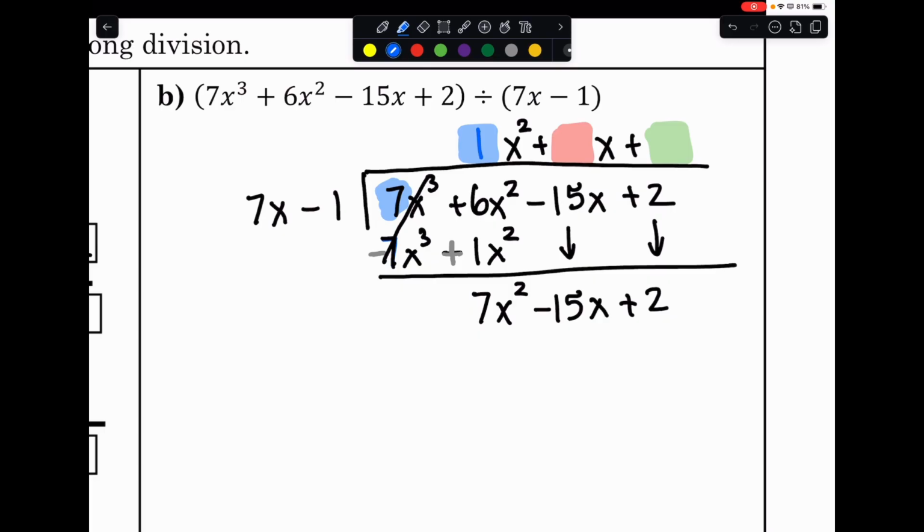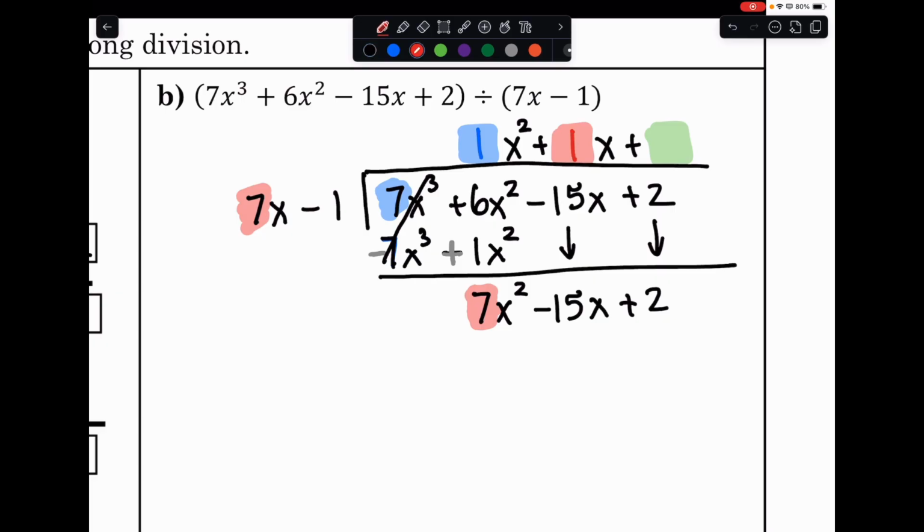And I deleted that because I now want to figure out what the red number is. So what I'm going to do to get the red number is now divide this term here in our new part of the quotient, new part of the dividend, with this term right there. So we get this new dividend, look at the first term of this new dividend, and divide it again by the first term of our divisor. So 7 divided by 7 is 1. So we now have 1x